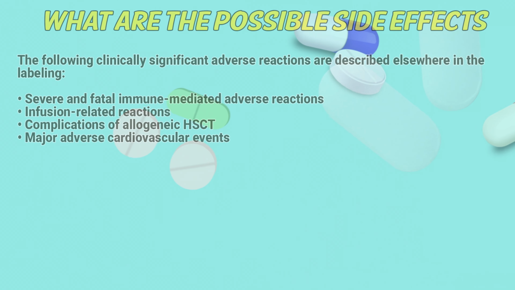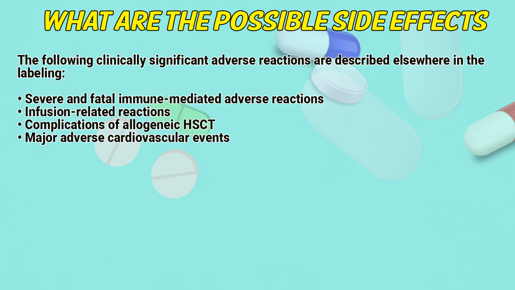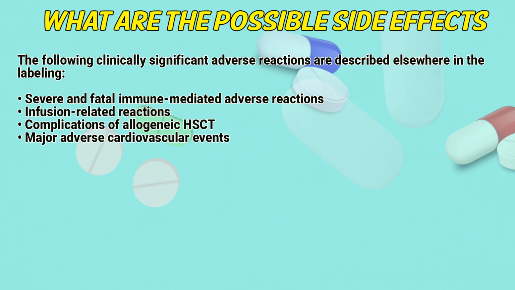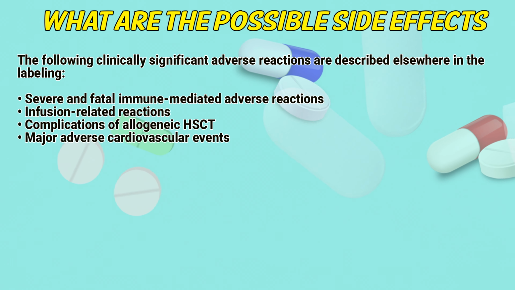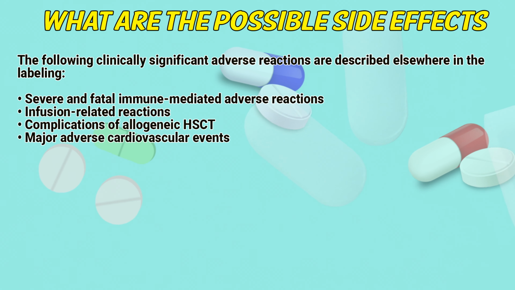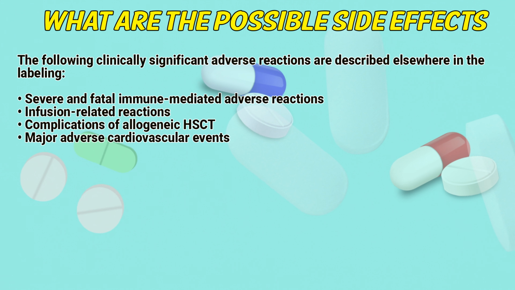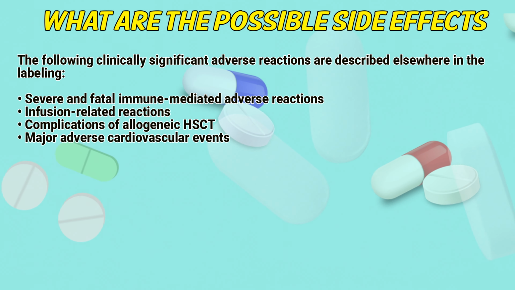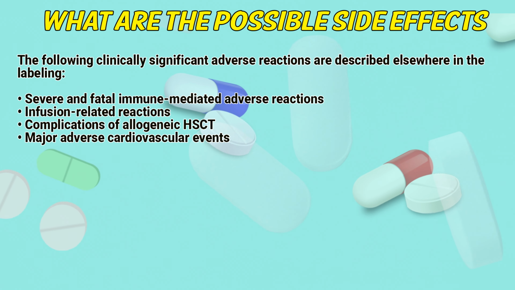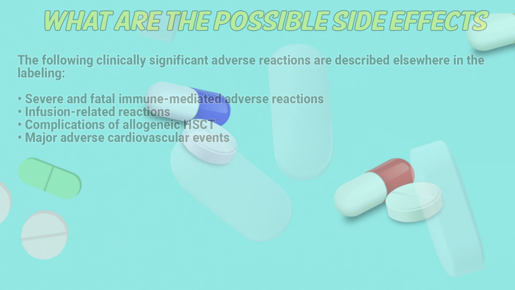What are the possible side effects of Bavencio? The following clinically significant adverse reactions are described elsewhere in the labeling. Severe and fatal immune-mediated adverse reactions, infusion-related reactions, complications of allogeneic HSCT, major adverse cardiovascular events,